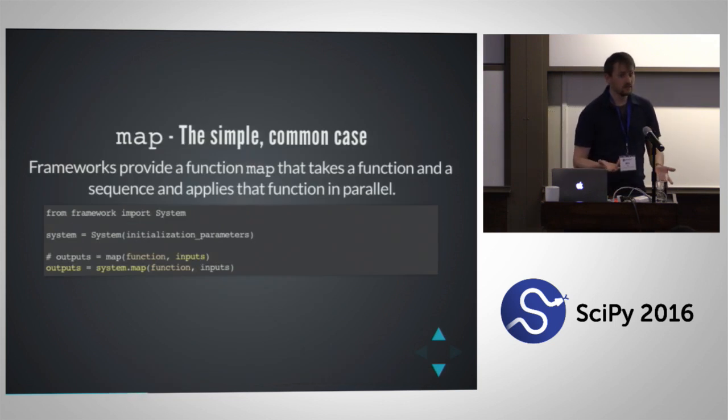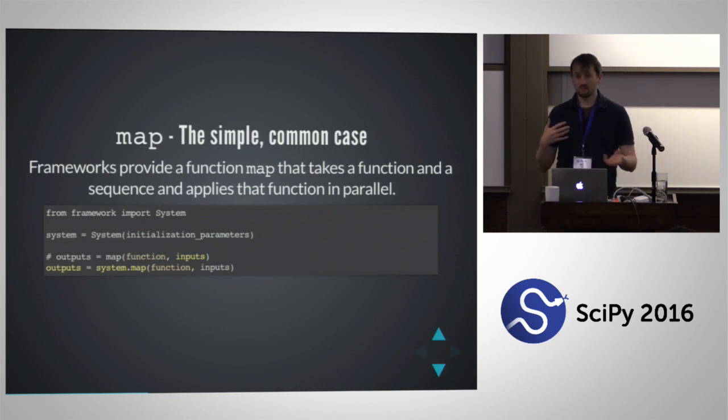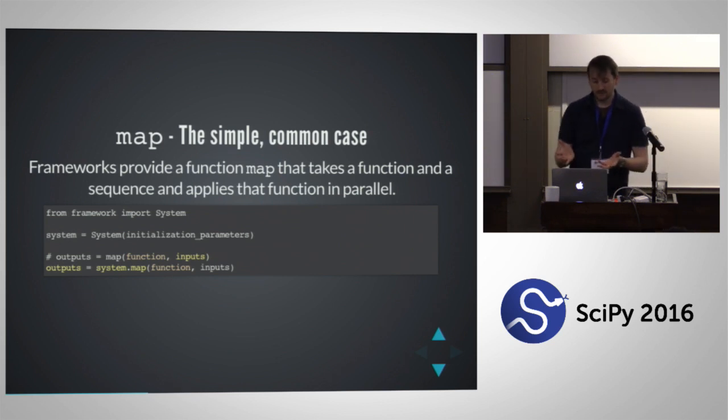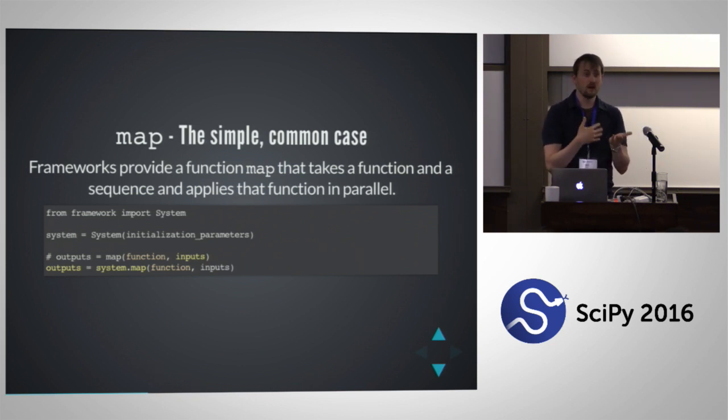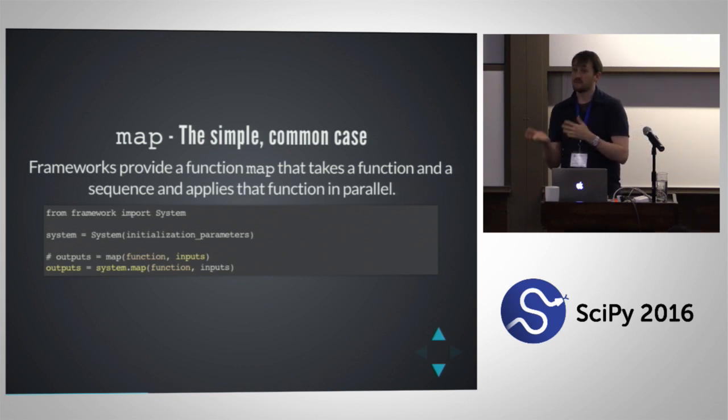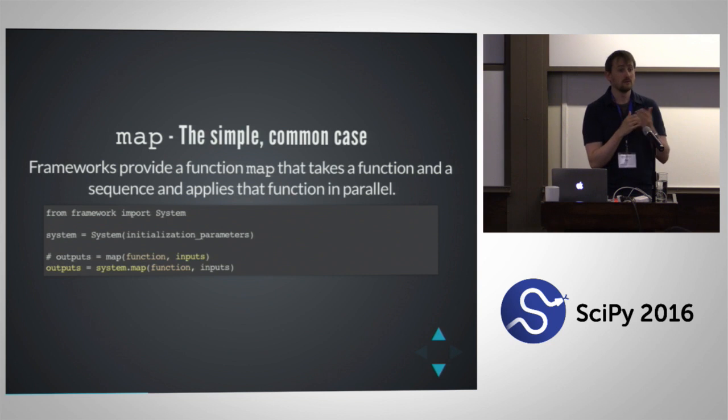So when you're using a particular implementation, it usually involves importing from some framework. You import an API, and then you set up your connection to those resources, and then you have map as either a function or maybe a method on an object that represents your connection to those resources, and then you use that map function or method just like you would use the map method in the